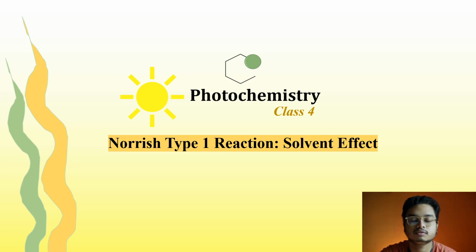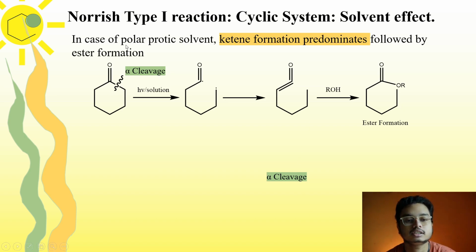Okay. So first of all, let us understand how the solvent influences the product of the Norrish Type I reaction. Basically, in the case of polar protic solvents, such as ethers or alcohols, this type of solvent predominantly leads to ketene formation, followed by ester formation. So what should be the mechanism of this reaction? Like this is the cyclic ketone. The first process is alpha cleavage,